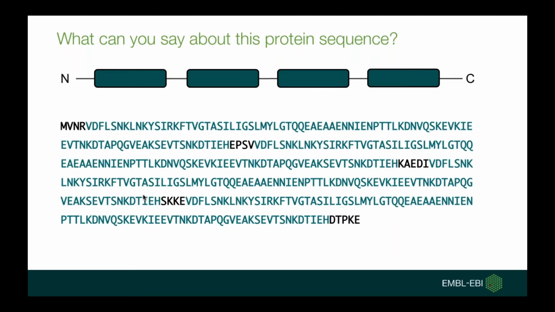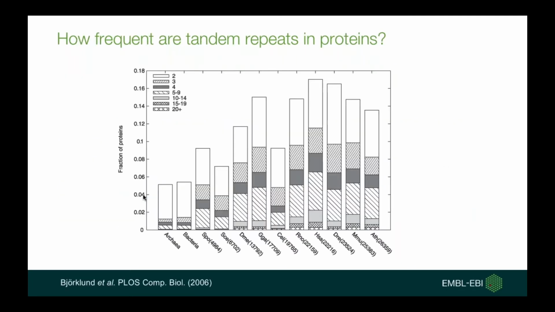This is just a made-up example, but actually, tandem repeats are quite frequent in proteins and throughout all kingdoms of life. For example, in archaea and bacteria, about 6% of all proteins contain repeats, although these repeats are of rather low copy number. But when we go to